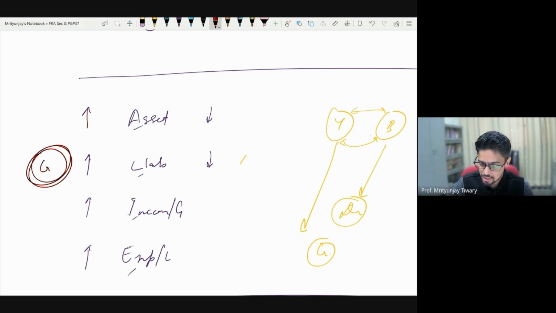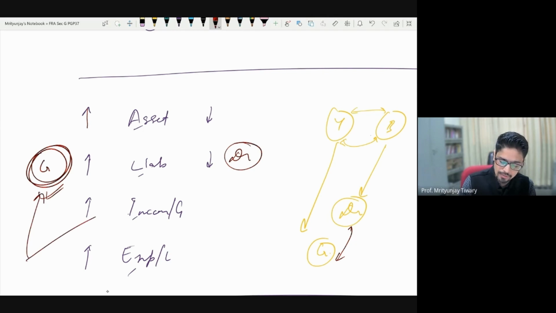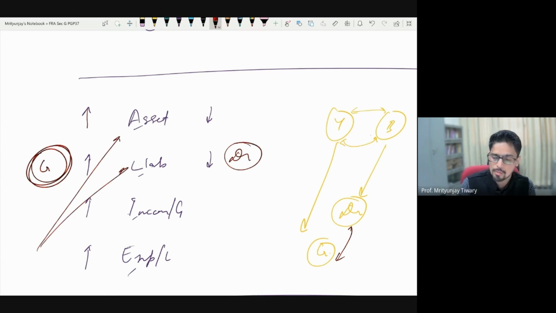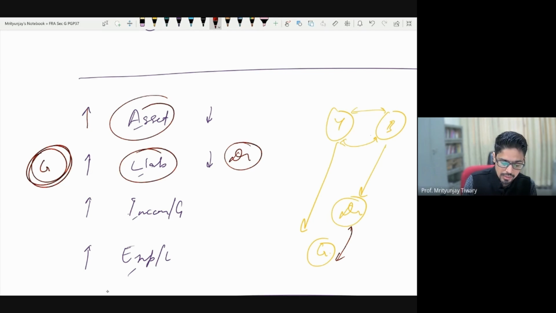I said that if things are of opposite nature, assign them opposite codes. So if credit has been assigned here, then here I have no option but to assign debit. With me so far? If I had assigned a debit here, then I would have assigned credit here. With me so far? Yes, sir. Then, as a corollary, we extended it to assets. Now, asset and liability are opposite of each other. One is a resource, one is an obligation. So if obligation increase is given this code, then obviously resource increase should be given an opposite code. That is why we are calling this one debit.